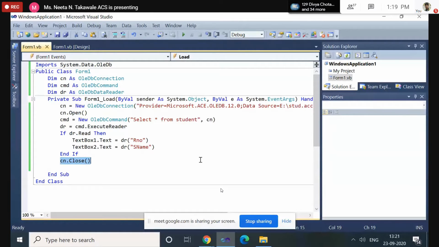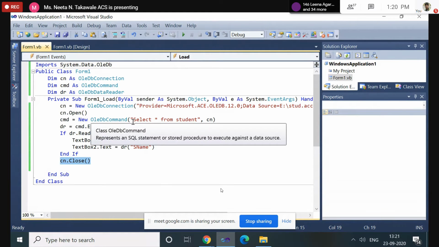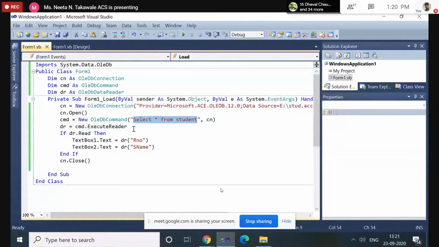For Access database. And yesterday what I told, the difference between data adapter and data reader. Data reader is read only and forward only data access. That means we cannot update the information. We can use only select statement when we are using the data reader. We cannot update, we cannot delete, we cannot insert. And it only moves in forward direction from first row to second, second to third, third to fourth. We cannot move in backward direction using the data reader option.